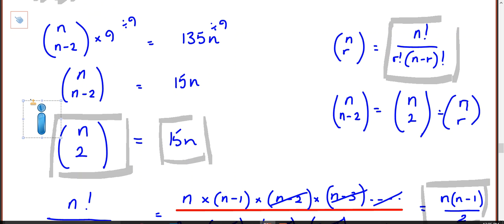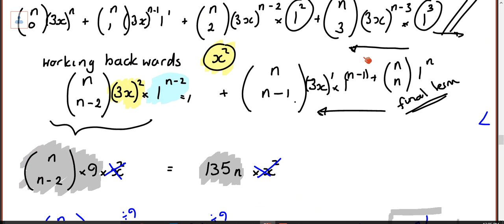You could still do it, no? It would still be possible, because instead of the r being 2, you would have had an n minus 2 instead, and you'd have ended up with the same thing. Alright, is there anything further up? The working backwards thing, that was a kind of jump in your understanding level. So just to let you know what I would have done, and you will do,